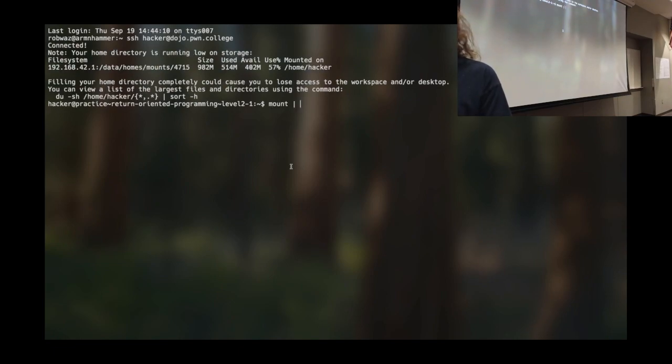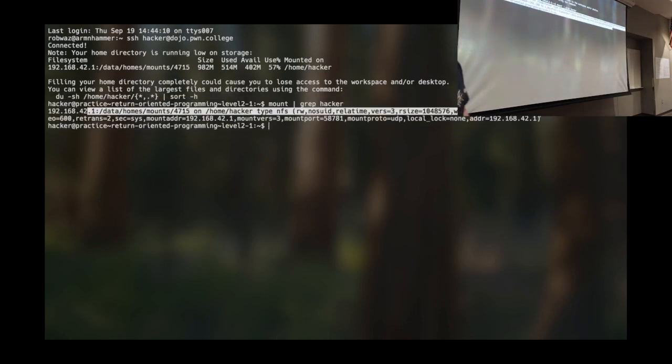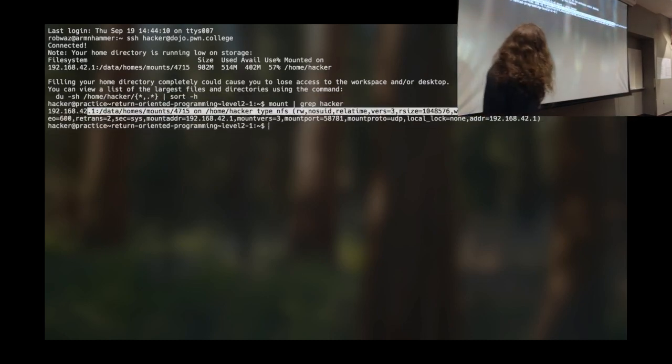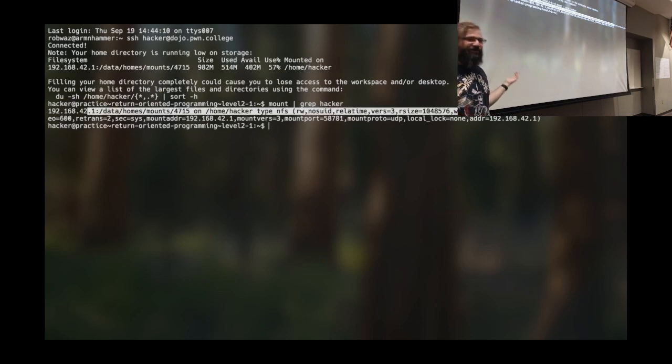If we run mount and then grep hacker, we'll see that this is the mount into your environment. And right here, it's mounted nosuid. What that means is that any file on this mount, in that path, if it's set UID, the system will just ignore it. So even when I fixed that, because I was in home hacker, it didn't matter.